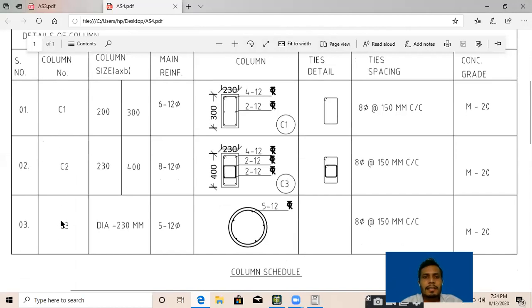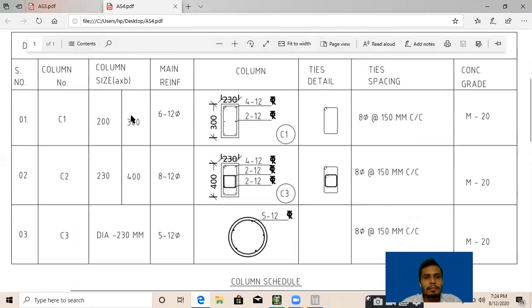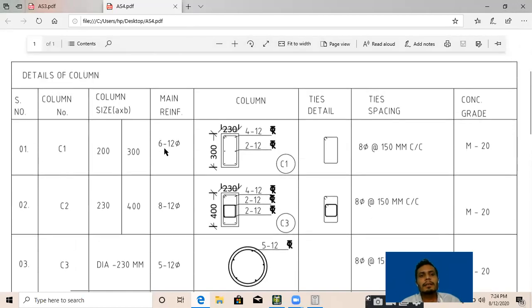If the columns are the same, if there are 4 or 5 columns which have the same reinforcement and the same size, then we note them with the same name, C1, C1, C1, and write in one row C1, column size 200 by 300 or whatever it is. Main reinforcement, you need to provide 6 bars of 12 mm dia, or according to the output result we need to provide it.